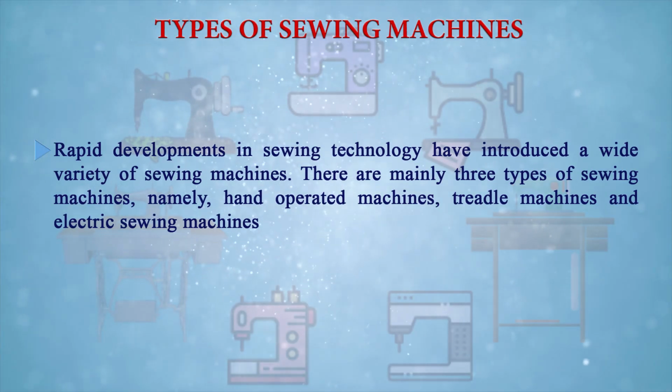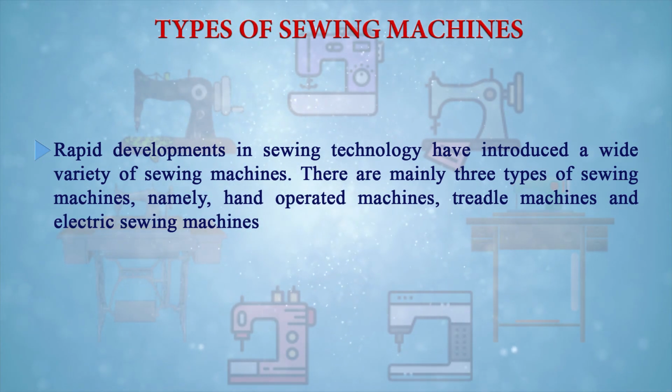So first let us discuss how many types of machines are there. Types of sewing machine: rapid development in the sewing technology has introduced a wide variety of sewing machines, because the garment industry or the fashion industry is a very wide and very frequently developing industry. With the rapid development in the sewing technology, because we have to produce numbers of garments, or we have to develop different fashions very frequently and very rapidly,